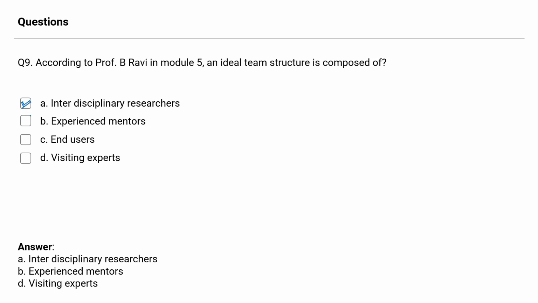What do you mean by interdisciplinary researchers? Anyone? What do we mean by it? Which means if you're working on a medtech startup, you might have a design researcher, somebody from a bio researcher, somebody who is from the mechanical team working on the gear part of it, right? Somebody who is from the electrical side of it, working upon the electrical aspect. So from different disciplines,